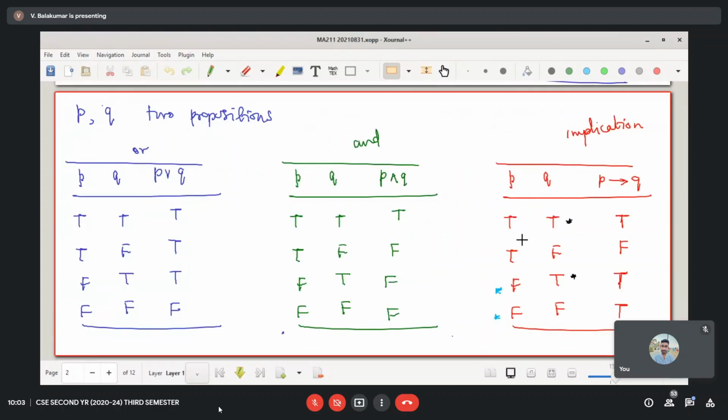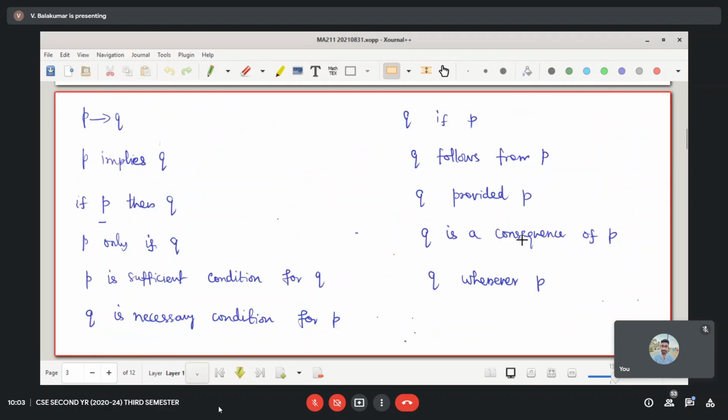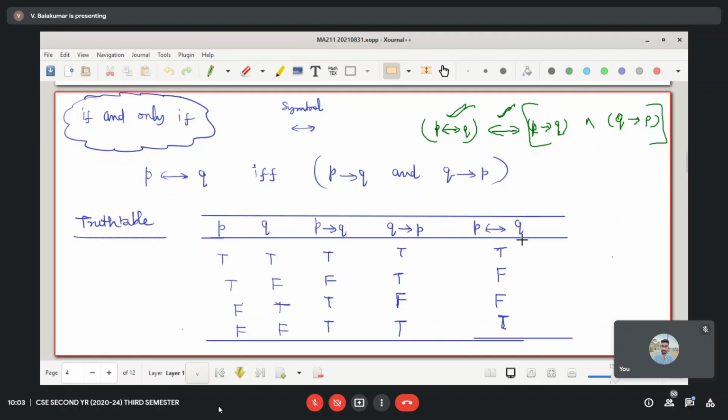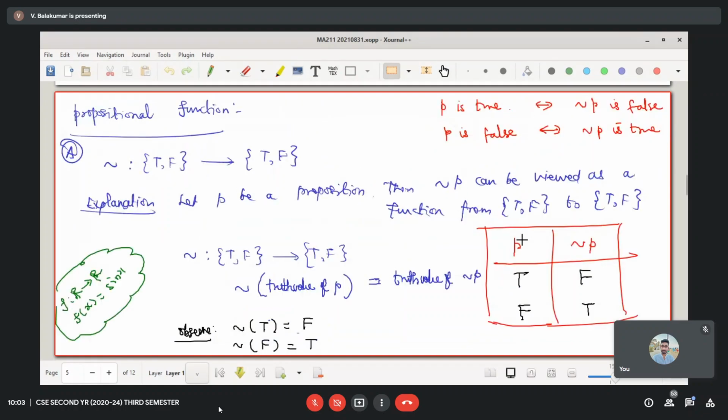So this is just definition based on truth tables. What do we mean by OR and implication symbol? We can talk about double implication also, which is defined in this way. Double implication is actually two simple implications combined by the connective AND. Then each proposition or combination of propositions can be viewed as a function from a set to another set. It is based on the connective.